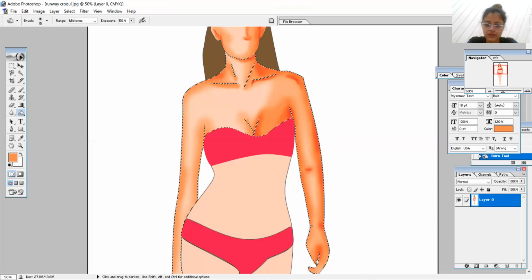So this is the wrist area. Let's just do the wrist. Let's simply give the lines for the fingers as well.